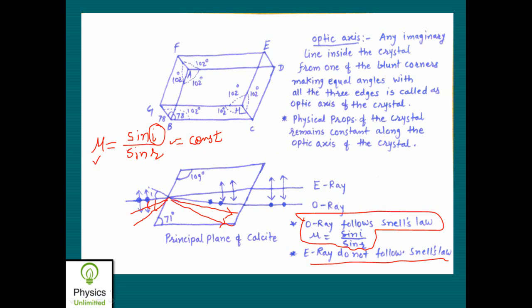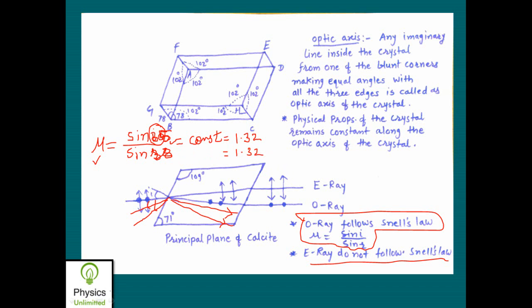Are you getting my point? Yes, sir. If initially the angle of incidence I is, suppose, 30 degrees, then the angle of refraction R changes to, say, 32 degrees, and if I calculate this value and it comes out to be, say, 1.32, then the next time I make the angle of incidence I 35 degrees, the angle of refraction changes to, say, 38 degrees. So sin 35 by sin 38, this is just an example, not exact, if it comes out to be again 1.32,